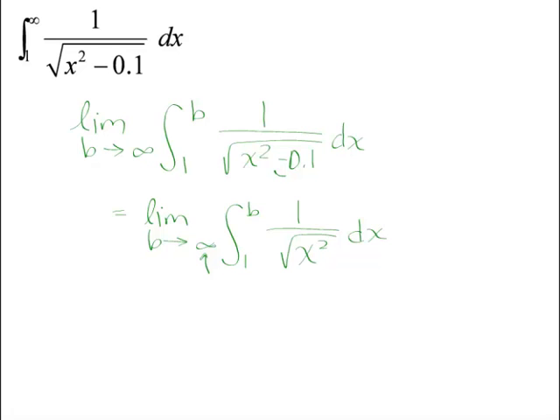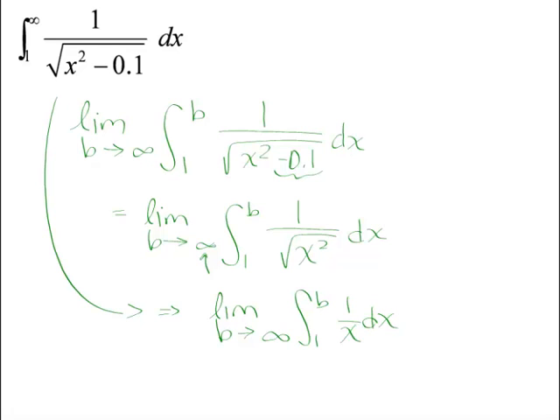Subtracting 1/10 from x squared, for large input values as input values tend toward infinity, is not making a difference in the heights of our rectangles. Not an appreciable difference. It's going to show up in an accumulated area anyway. So this function technically should do, as far as convergence or divergence is concerned,